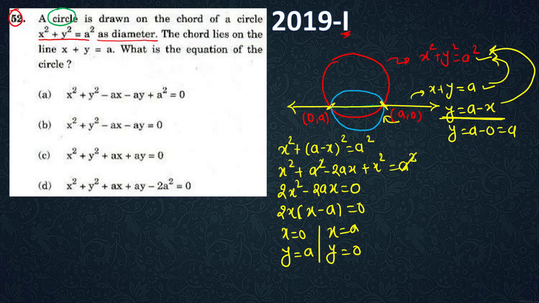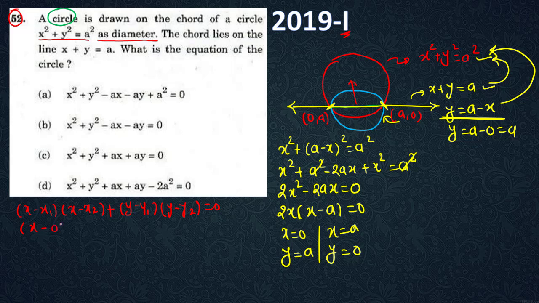Now see here, if you remember, in my previous classes I have told you the equation of a circle having these as the end points of the diameter. That is very simple. It is x minus x1, x minus x2 plus y minus y1, y minus y2 equals to 0. Okay, so these are the end points of the diameter, because this line is a diameter of the blue circle. So just substitute the values in.